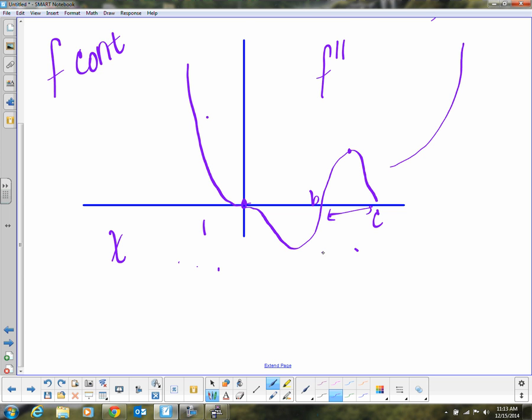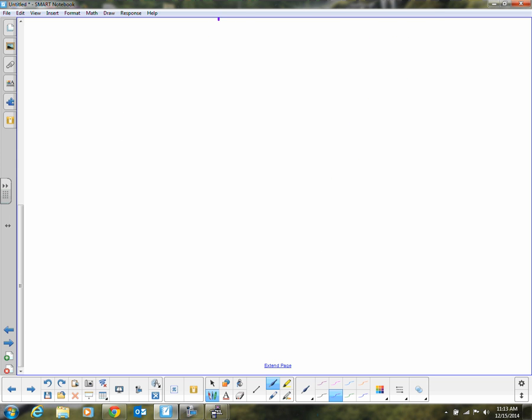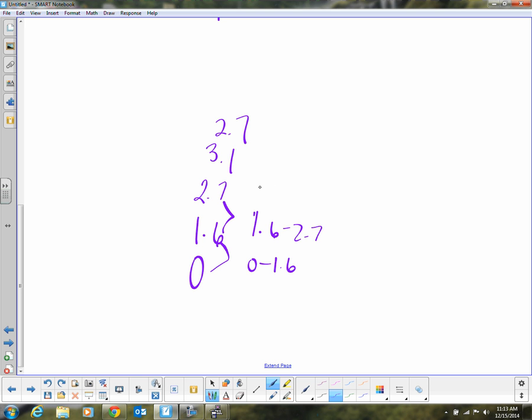Okay, so look at it this way. If you were going to find the slope of velocity, and you've got 0, 1.6, 2.7, 3.1, 2.7. If I did this, 0 minus 1.6 is negative. And then if I did this one, 1.6 minus 2.7 is negative. And this one would be 2.7 minus 3.1. All of those are going to be negative derivatives, all right? So then, because it's decreasing, what's happening on the interval